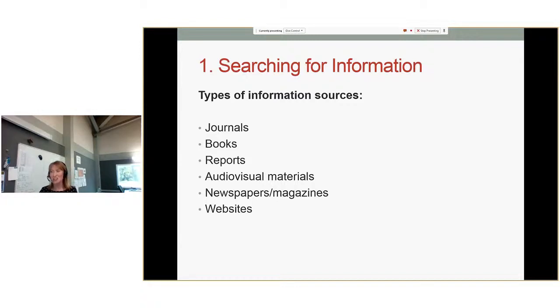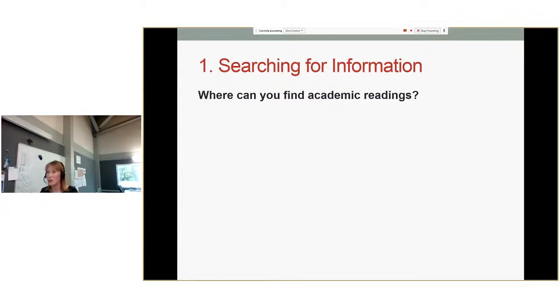What I'm going to do later in this tutorial is take you through a website where I'll show you what a journal article looks like. I'll be using examples from my own field, sorry, but it'll still show you what it looks like basically. And we'll see if we can get any other resources up there. Okay? Okay, awesome. Let's just move on. So the next thing is where can you find academic readings?